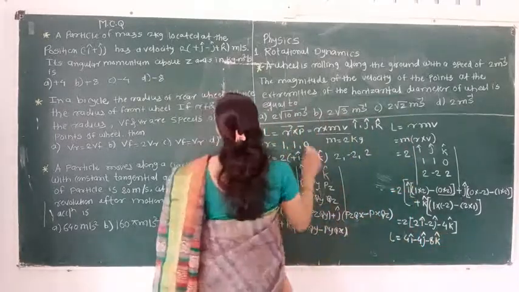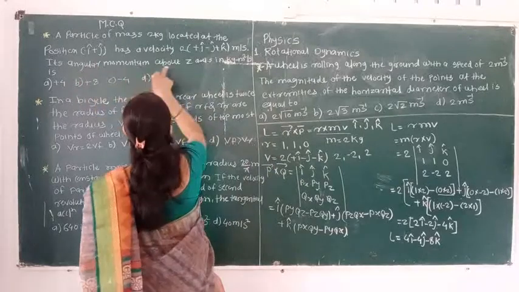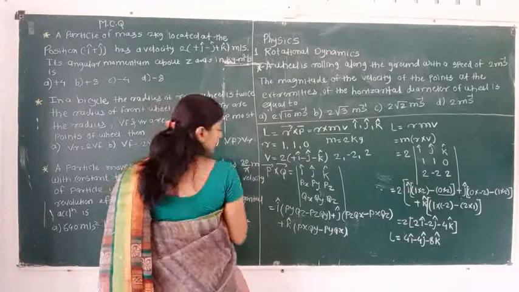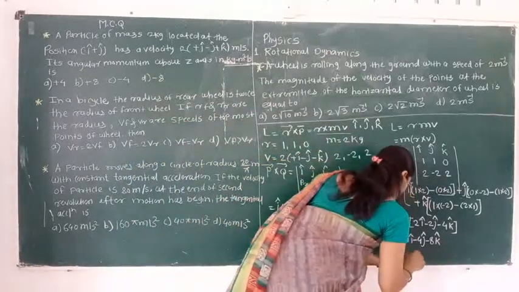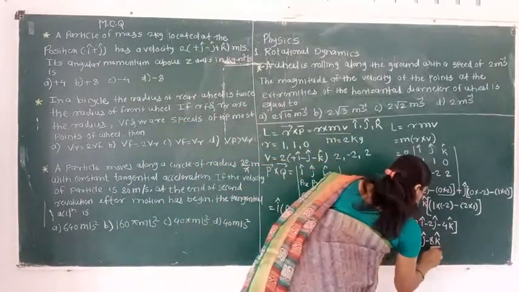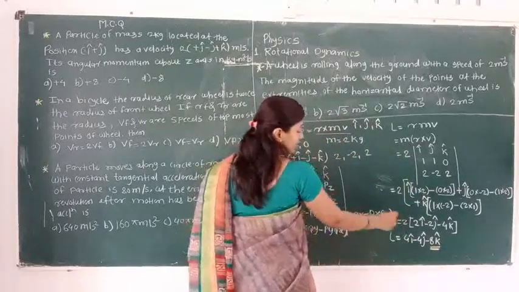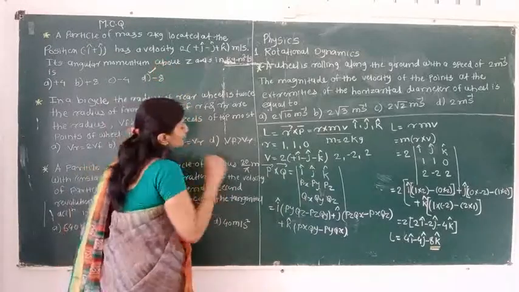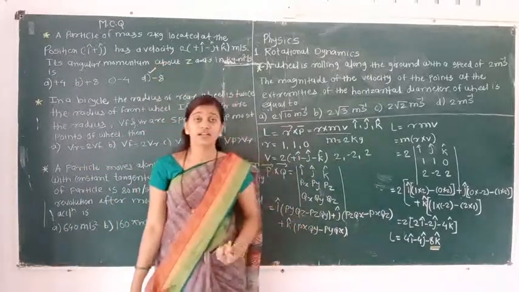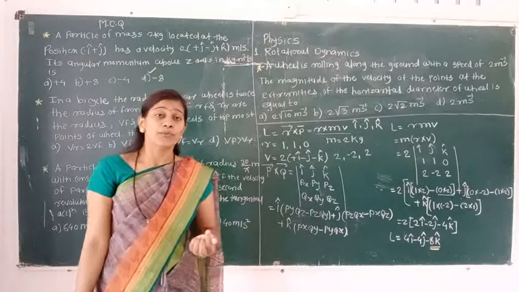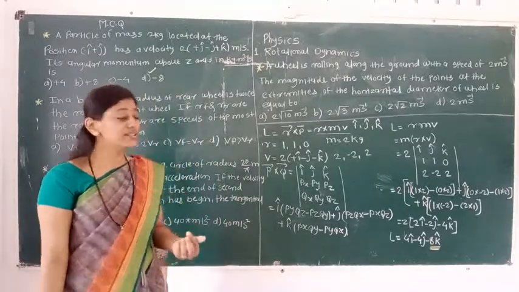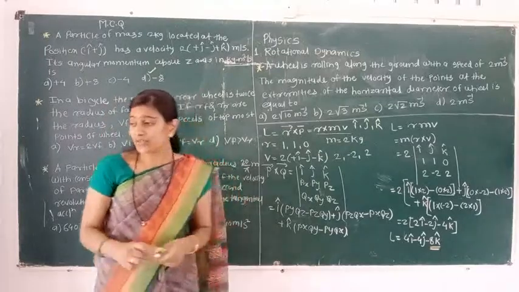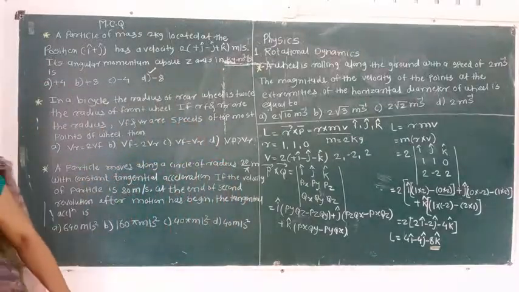Here we have to find its angular momentum about the z axis in kg meter square per second. It is nothing but this value we want to find here. The coordinate along the z axis is -8. So in the given MCQ, by using the rule for the product of two vectors in the form of determinant, we got the answer -8. Okay, let me move toward the next MCQ.